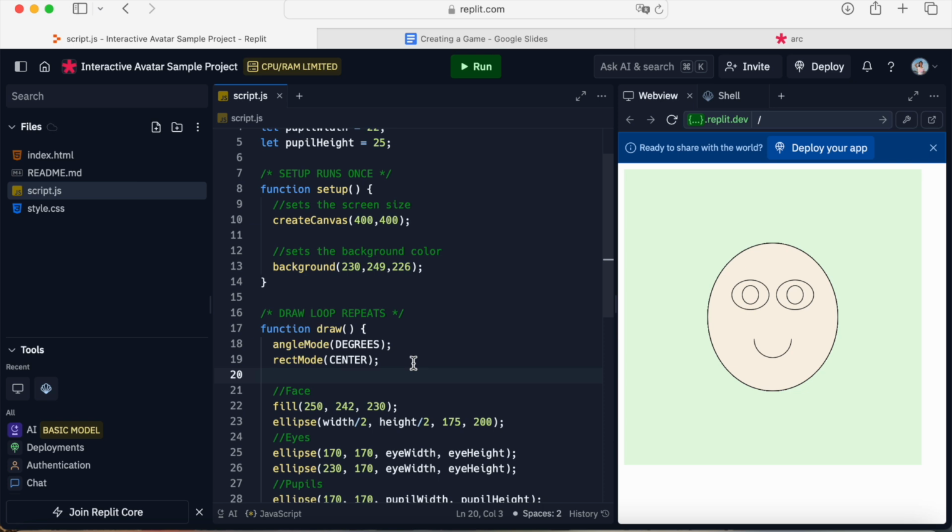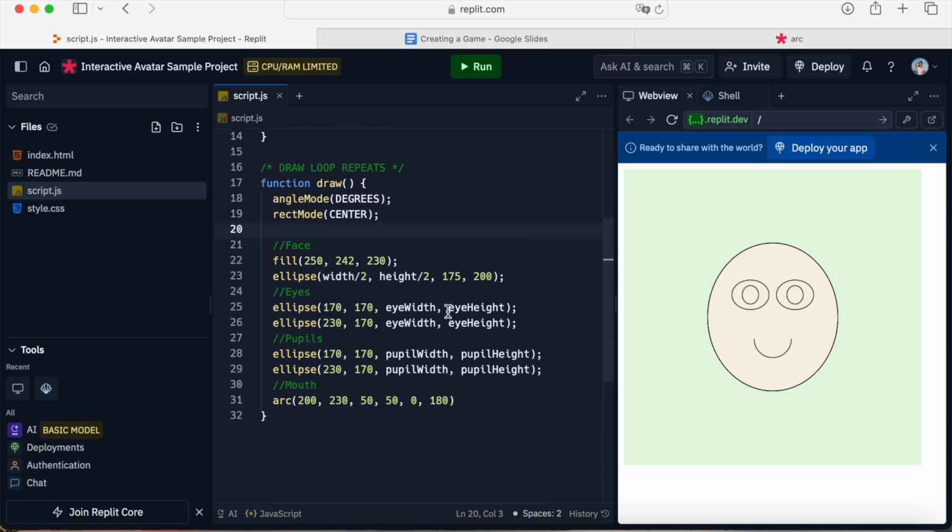So now that we have this, let's start by animating some things. So we want this avatar right here to blink. So when we press it, we want the eyes to blink. So how do we do this? Well, we have the eyes defined right here. And we can call something called